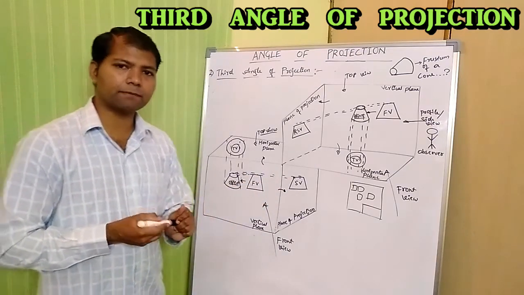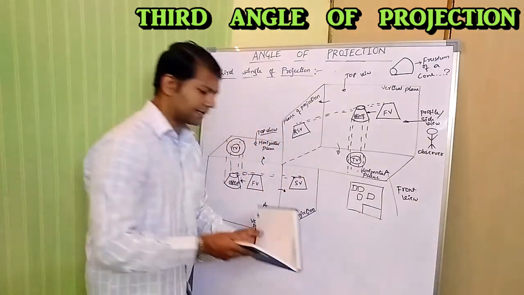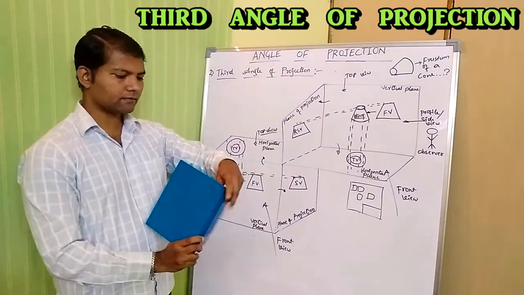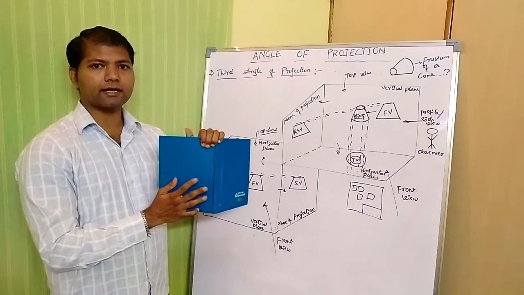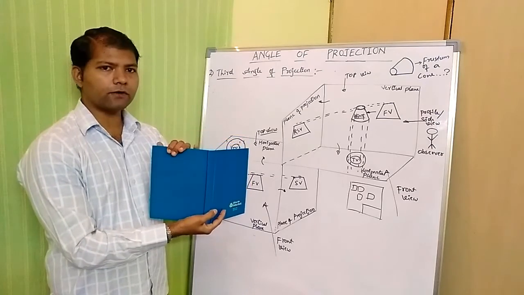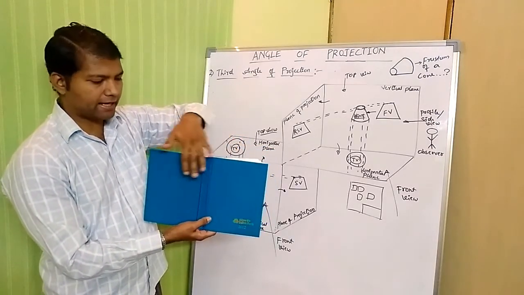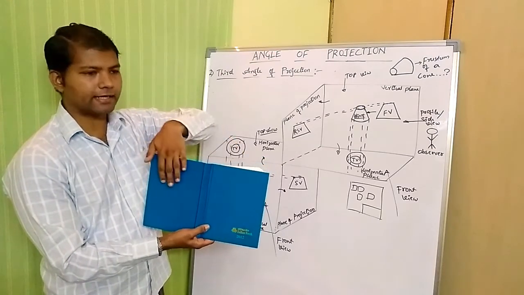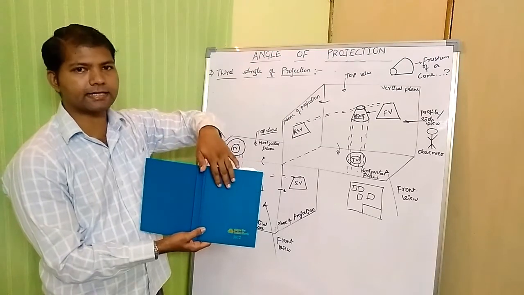So I take an example again by taking a diary. If I consider the diary here, this time you have this as a plane of projection and the vertical plane. If you unfold the plane of projection, what happens? The side view is placed beside the front view again. The side view which is at the bottom is going to be placed beside the front view. Here is the front view, here is the side view.